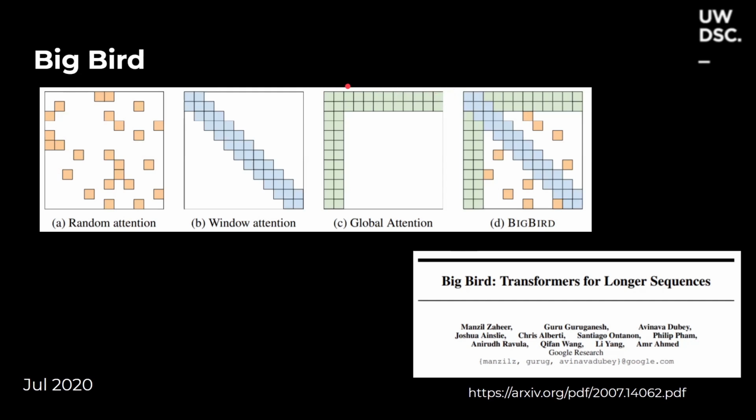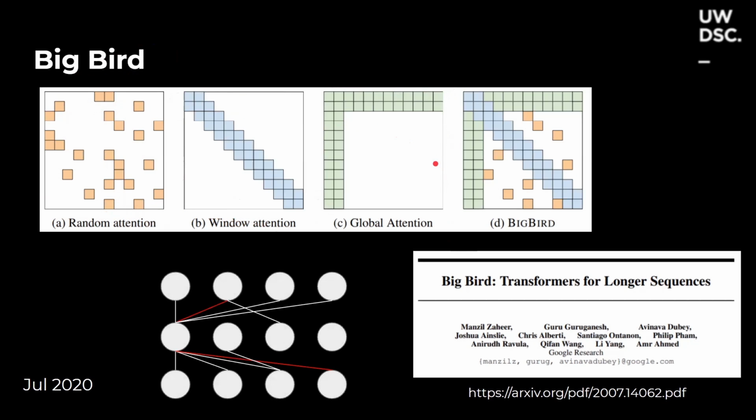And you might be wondering, first of all, why would random attention work, when two words in a sentence have to in some way relate to each other? What if they don't capture the meaning? And you might be wondering why they use global attention on words that don't actually matter. Well,